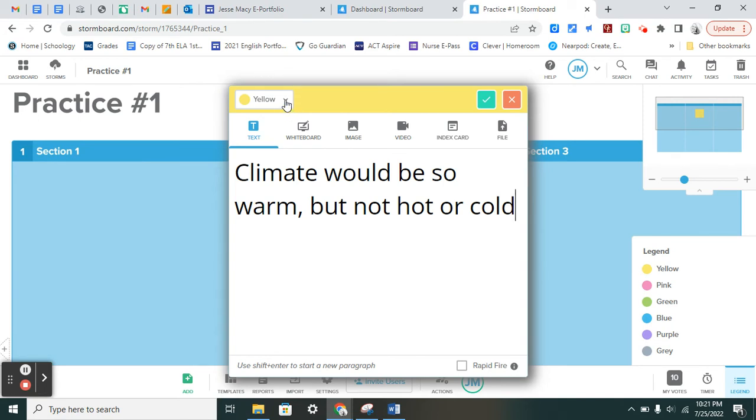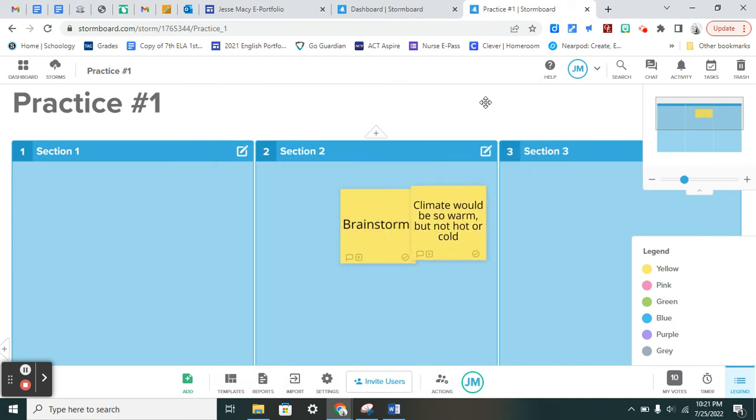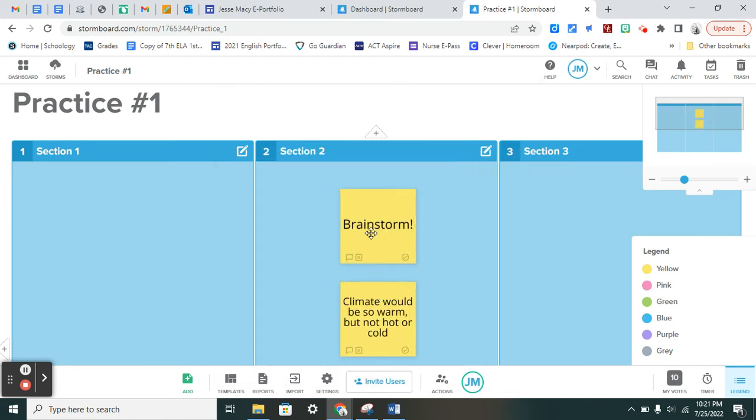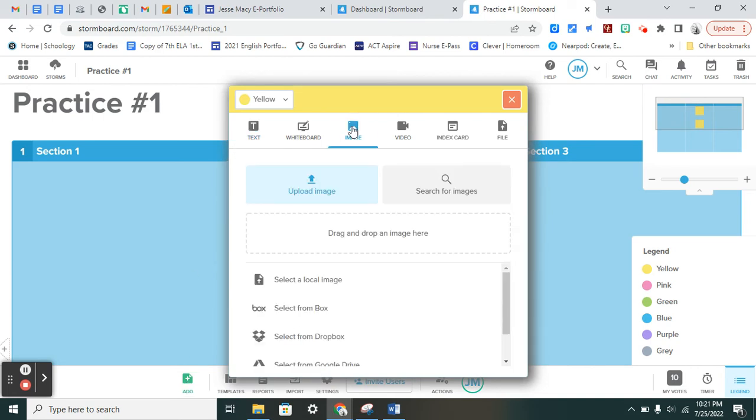And then do you want to keep this yellow? Do you want to connect it to the brainstorming? Possibly. So I'm going to keep this one yellow as well. Hit the little check mark and then, oh, boom. Okay. And I can move it around. So this is our brainstorming area. And okay, so I want to connect those two things. So I can also think, ooh, what kind of